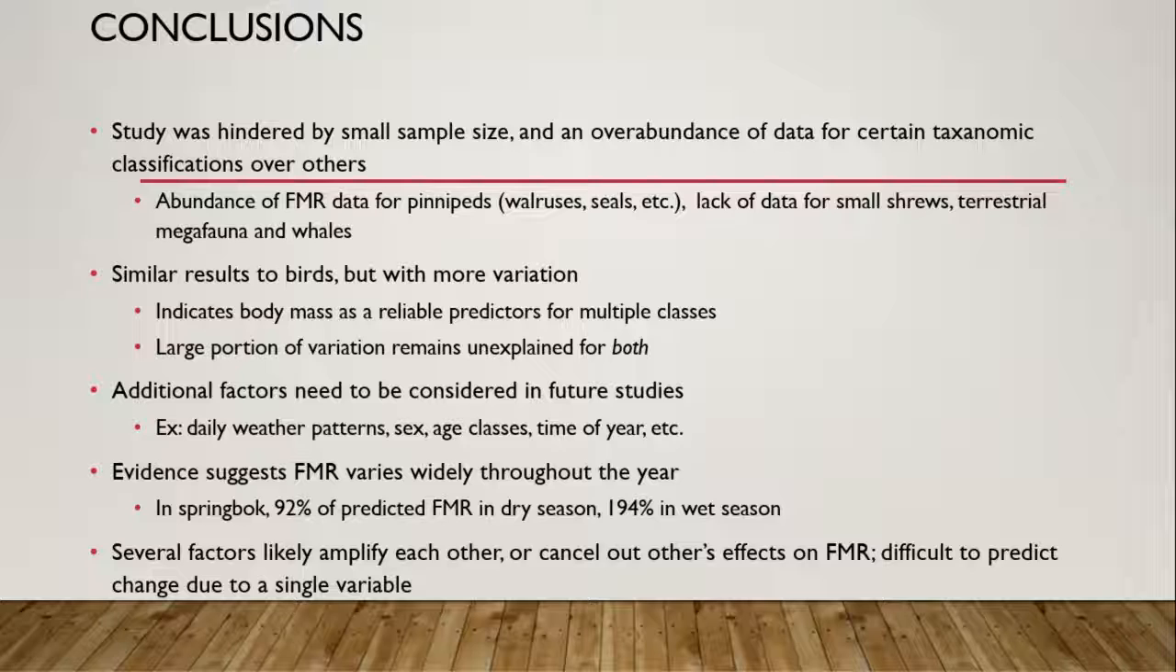In similar studies on birds, body mass was also found to be a major predictor of metabolic rate. However, there is still a good deal of unexplained variation in both mammals and birds, and more research is definitely needed to determine the cause. Other factors that might influence metabolic rate, but weren't included here, are daily weather patterns, sex, age, time of year, and so on. An analysis of individuals in the same species could give way to more accurate predictors of